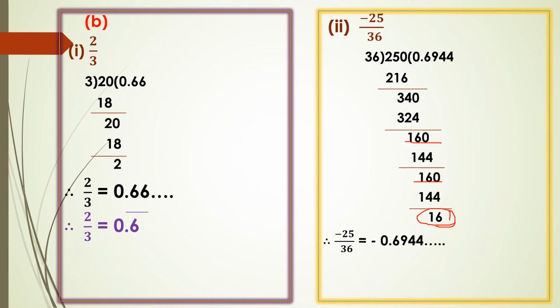Again if you put 0, the same 4 will continue. It means the digit 4 is repeating. Whatever digit is repeating, only for that you should put a bar. So here 4 is repeating, so I can put a bar for 4 only. Clear? This bar is denoting that it is a non-terminating repeating decimal.